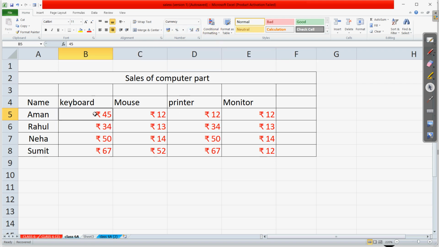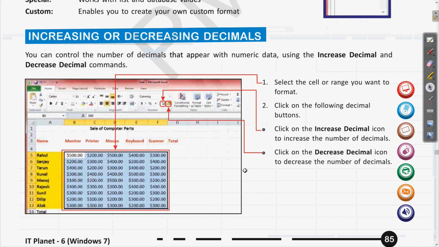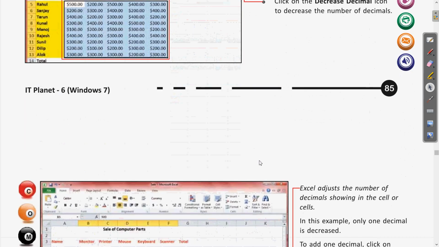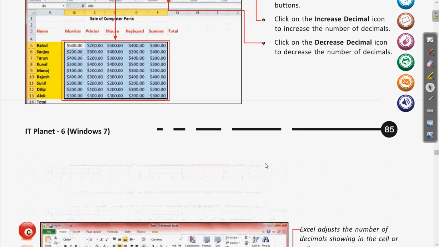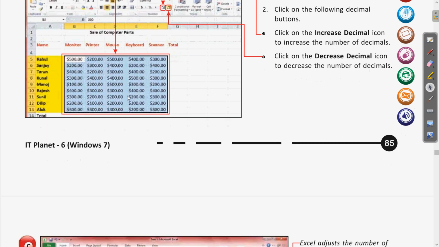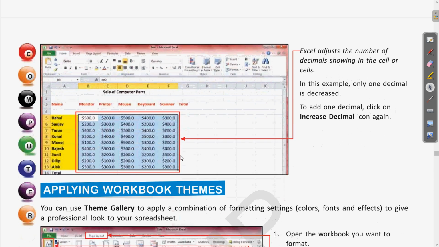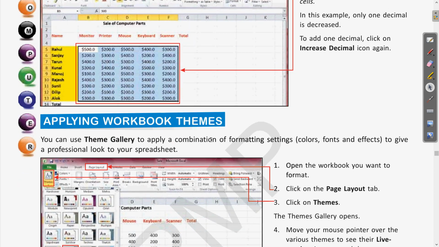Now if you want a few decimal points to be there, select this and increase 1 or 2 decimal points. Clear? So this is how decimal points can be included in any of the data. Now further, here it is explained: whatever decimal points after selecting the data, it is appearing in this worksheet. Now next is applying workbook themes.